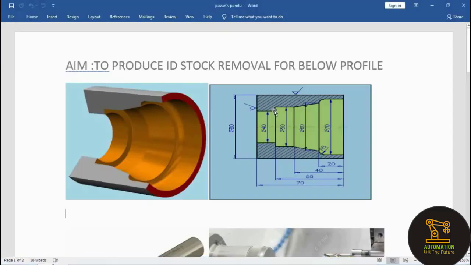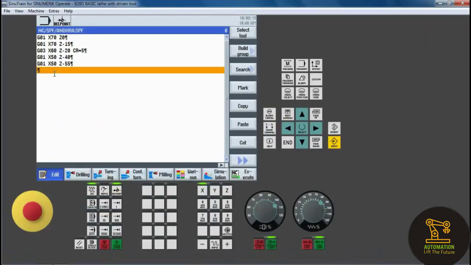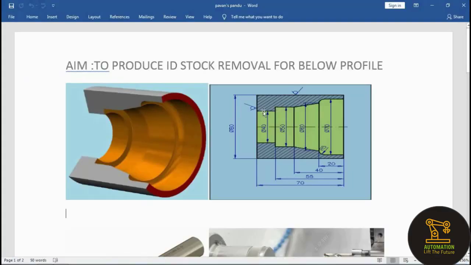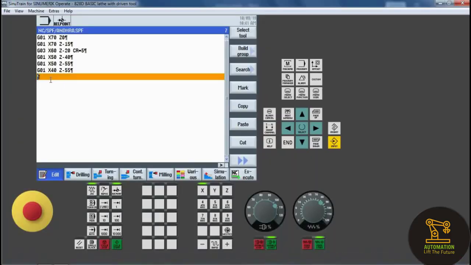Next is also a linear motion in the X direction. So G01, X40 and Z minus 55. Next is also a linear motion. For a linear motion G01 is used.